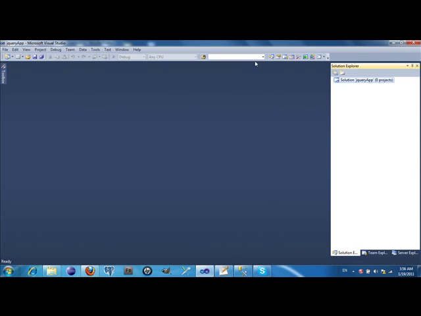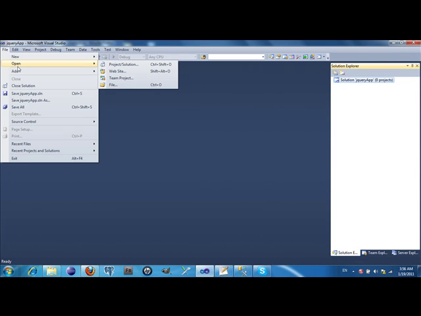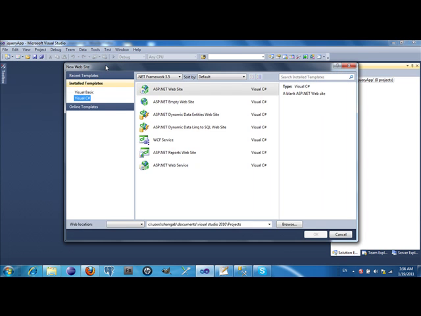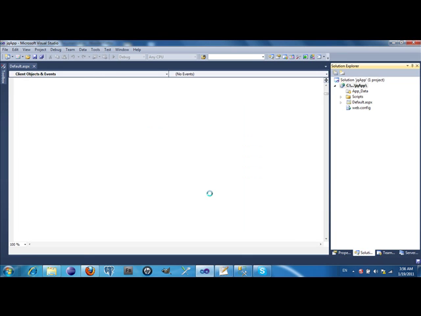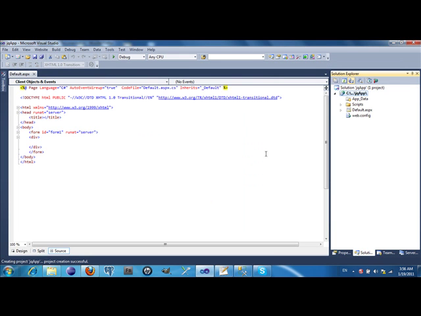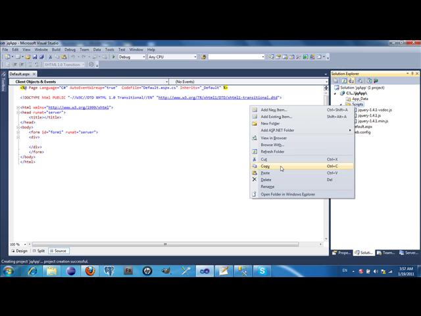So let's go ahead and create first of all a website in Visual Studio 2010. I'm gonna name that website JQ app. You will notice that Microsoft immediately creates the website with a folder called scripts, and if you open that folder you're gonna find jQuery 1.4.1. But right now the latest version of jQuery is 1.8.8, so I prefer to delete this folder